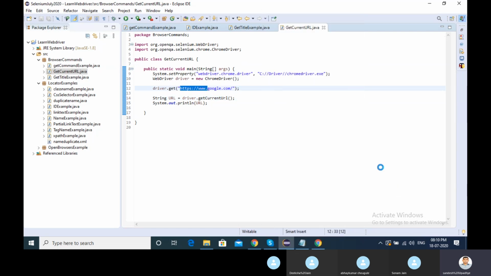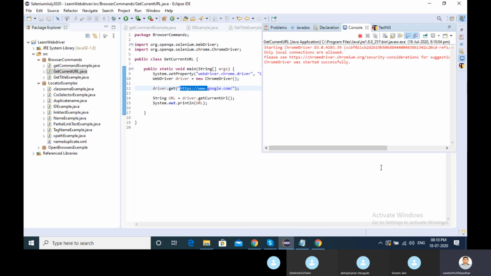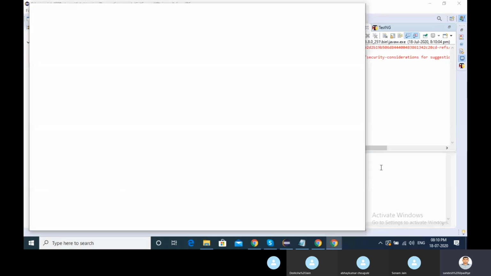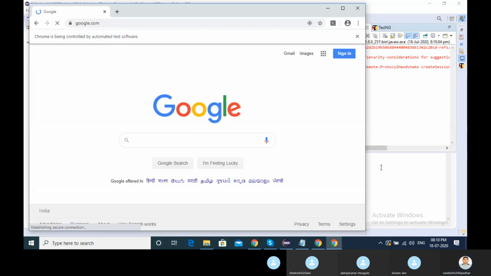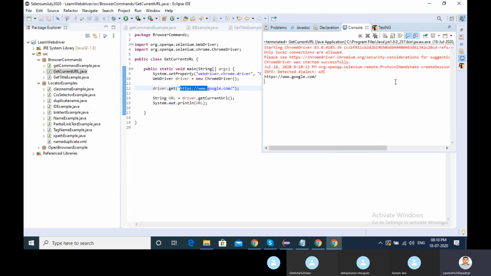These are very simple commands, and we have some requirements in our project for verification purposes. Then we are using get title, get current URL, or get page source as well. Look here, we are printing some URL, right?